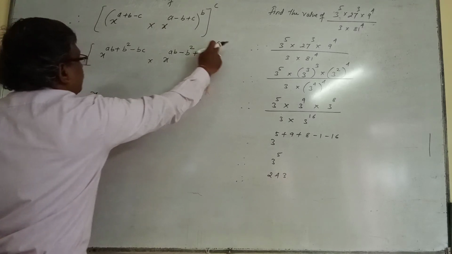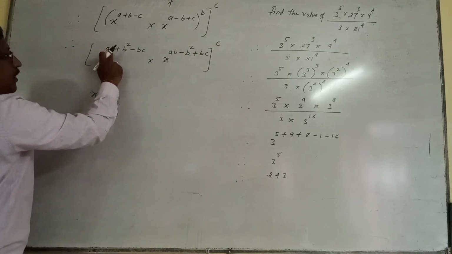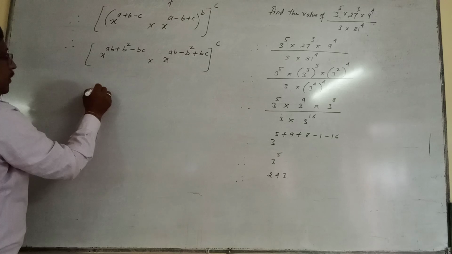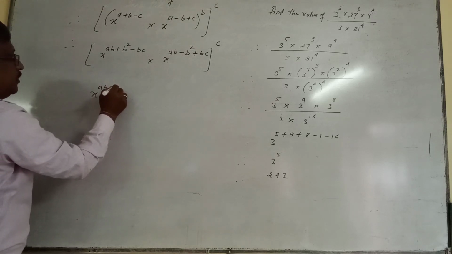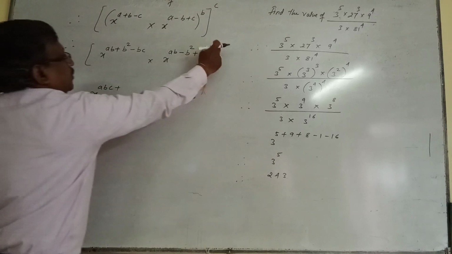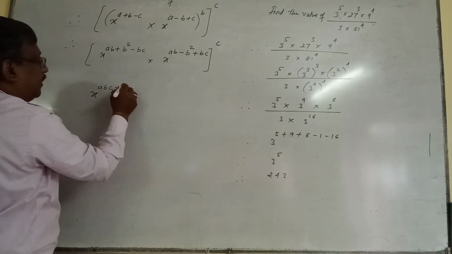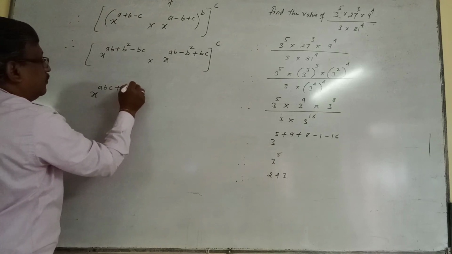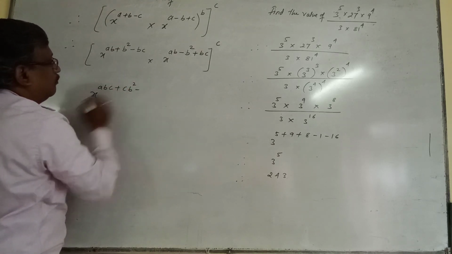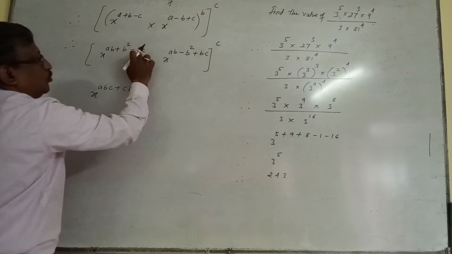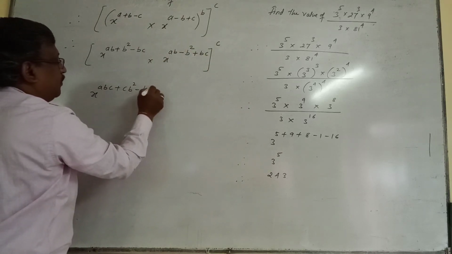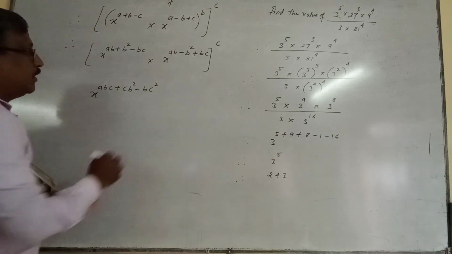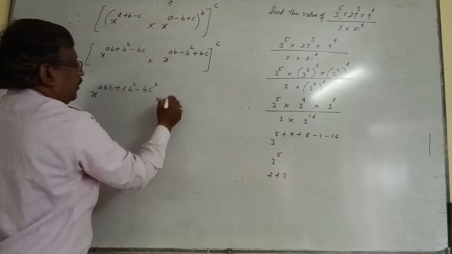So multiply c into ab, you will get abc, plus c into b square, you'll get cb square, minus c into bc, you'll get bc square, right,